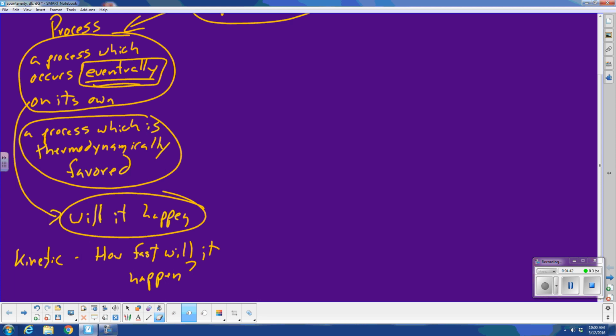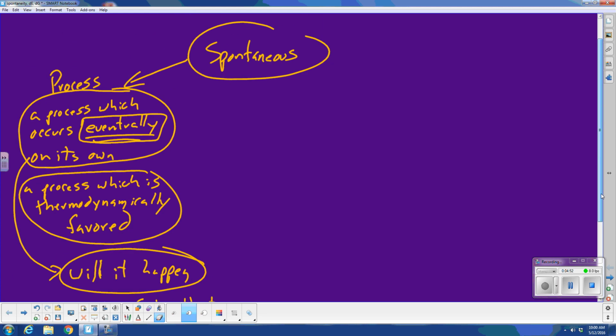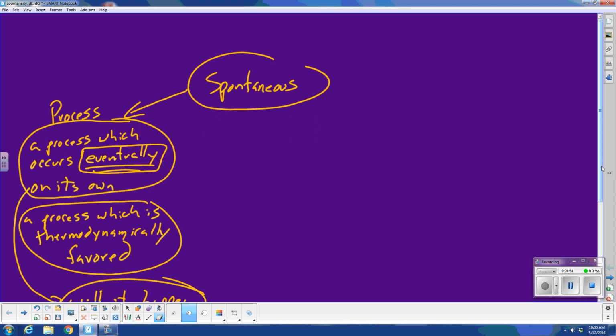So will it happen on its own? That is spontaneous. Some things are spontaneous and we cannot see them happen because they have a very high activation energy, and so we don't see it happen unless you can overcome that activation energy with something like a spark. Okay, good. So that's spontaneous,